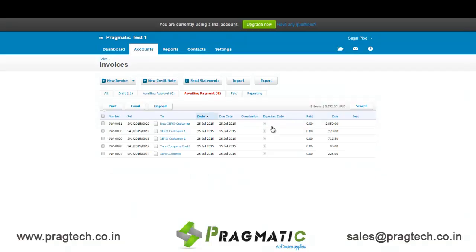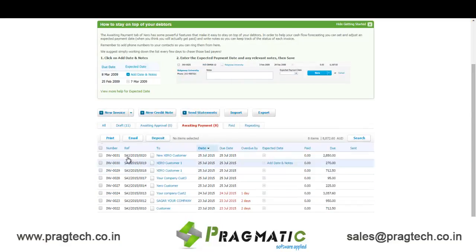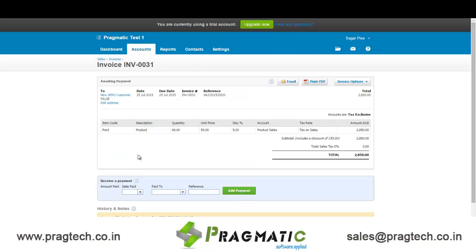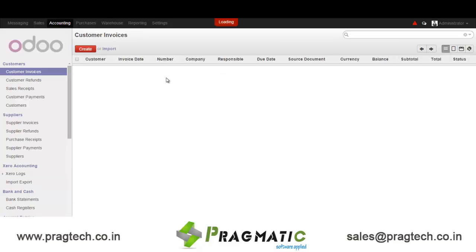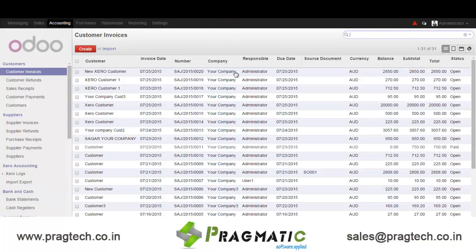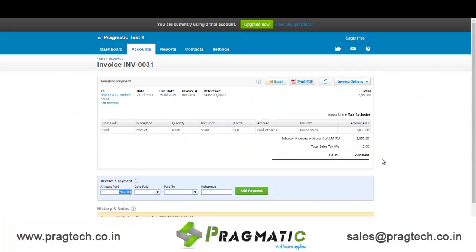When we look into it, you will see an invoice of reference 20 is now available in Xero accounting. Just open that. So this is the invoice you have. This is the same as what you had created in Odoo, 2850.